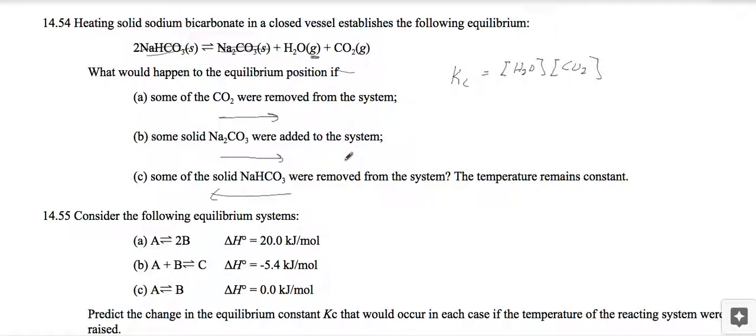They're not going to impact it because they don't change the volume of the system. And the concentrations don't change of a solid either. The concentrations of an aqueous changes. So the two things we need to keep track of in an equilibrium system is whether or not the volume or pressure would change because it's a gas, or the concentration would change because it's aqueous. Since these guys are not either of them,